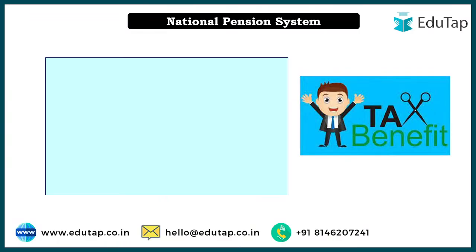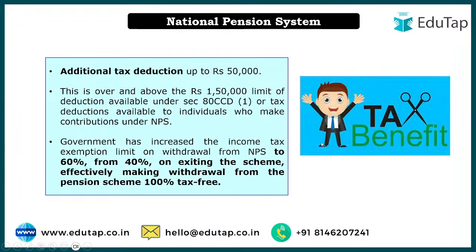So what I was saying is that initially, if you were withdrawing 60%, for 40% you would have to pay tax, and for that 20% you did not have to pay tax. But now the limit has been increased to 60%, meaning the overall withdrawal of 60% will be non-taxable, and the rest 40% you are anyway getting as a pension.